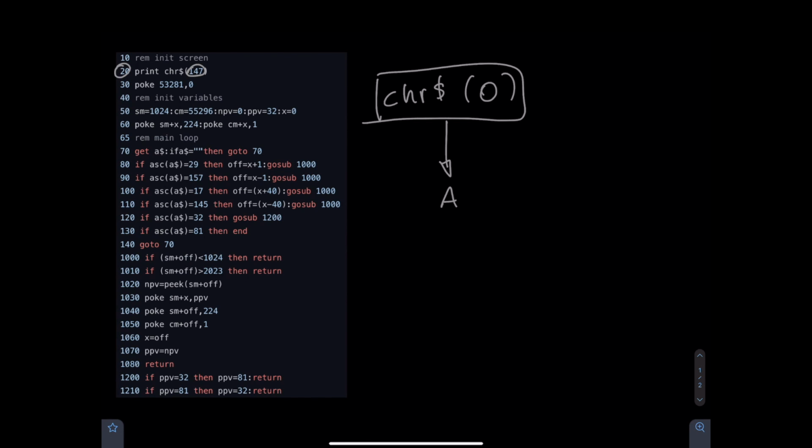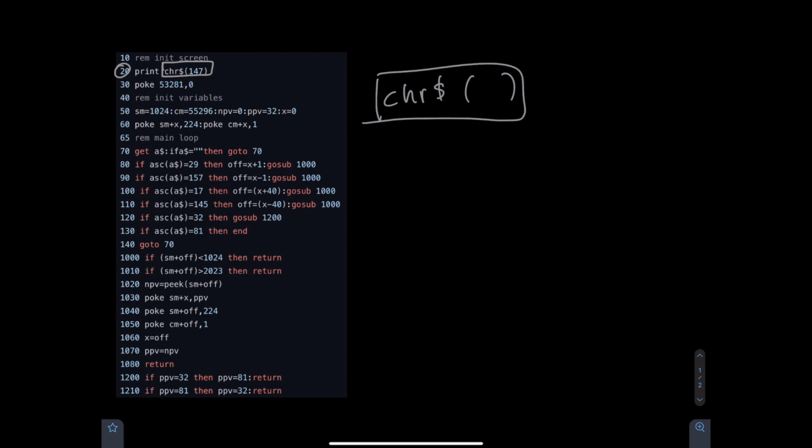You have to think about it in the mindset of, okay, well, this part here, the whole thing, is going to be replaced by whatever it returns. In this case, for example, instead of 147, if it was 65, the whole thing will be replaced by the letter A. The reason I'm also doing this is to keep the compatibility with the emulator, because in a Commodore